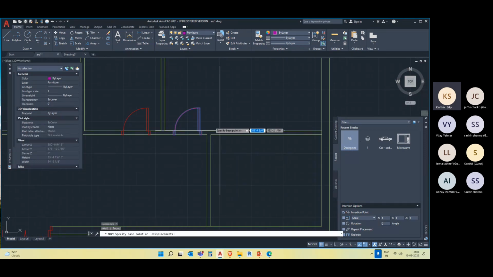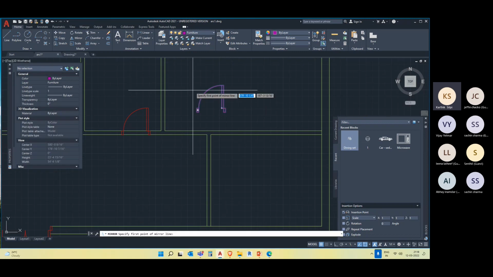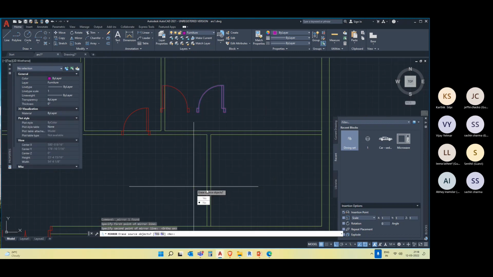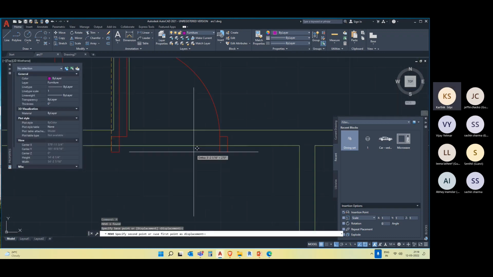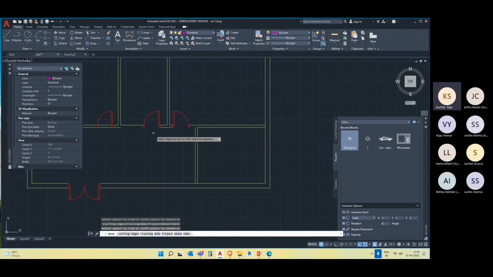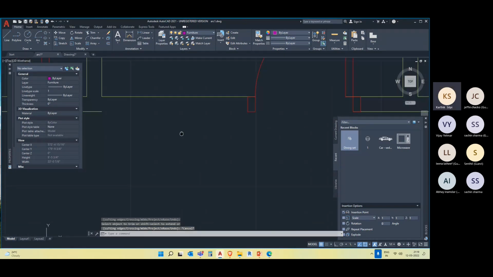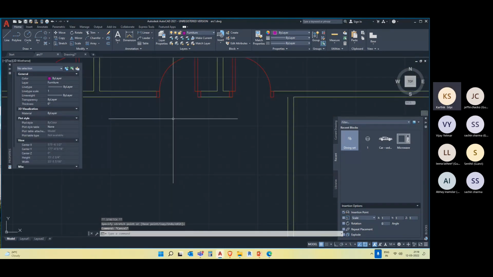So what I'll do is I'll first move this door. I'll mirror beforehand, before going to that particular location. And then I will move this door to the exact location where I want to place it. Now it's easy for us. Just go to TR, enter, wherever you want a bit of cleaning. So I just try to expand this. It has been deleted. I just try to join those things